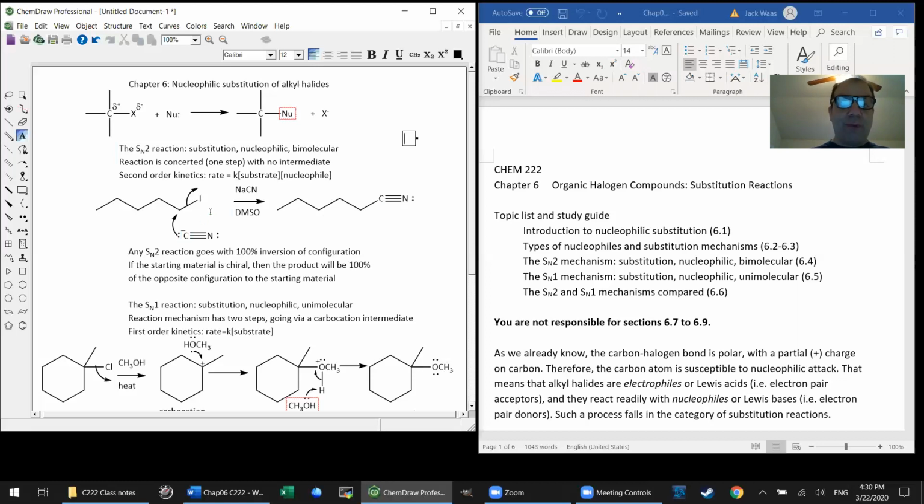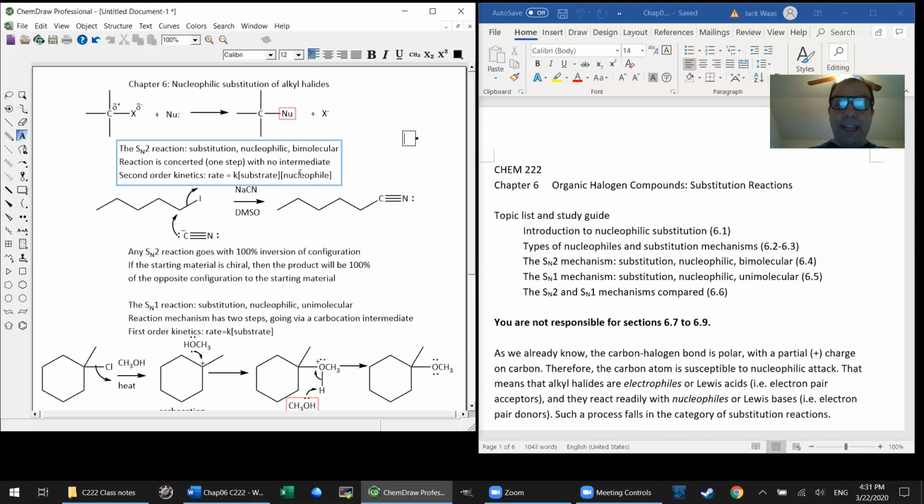Rather, the reaction is what we call concerted, meaning it happens all at once. The nucleophile attacks the substrate, the leaving group leaves, both at the exact same time, and there's no reactive intermediate. We go straight to the product. And thus, the rate law for an SN2 reaction will look like this in general. It'll be rate equals rate constant times substrate concentration times nucleophile concentration. And thus, changing the concentration of either of those species will affect the rate of the reaction, will affect how